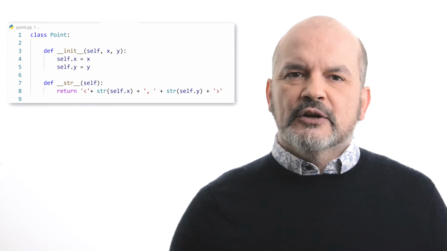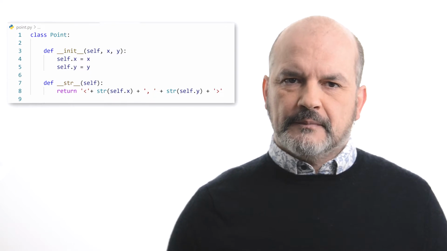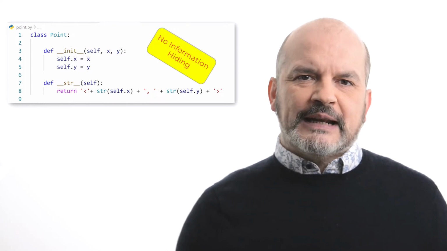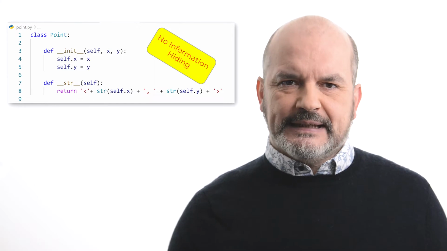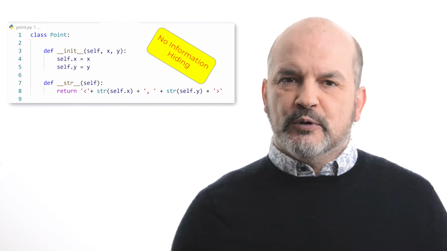So it is essential to protect the integrity of my data structure. We should be hiding the attributes storing the coordinates of my point p. In our current implementation of the class Point, there is no information hiding. How can we protect the instance variables as opposed to making them public? In contrast to other languages, such as Java, Python does not have a mechanism that can truly protect instance variables. There is always a way around if we really want to modify an attribute directly. Instead, Python relies on a convention.